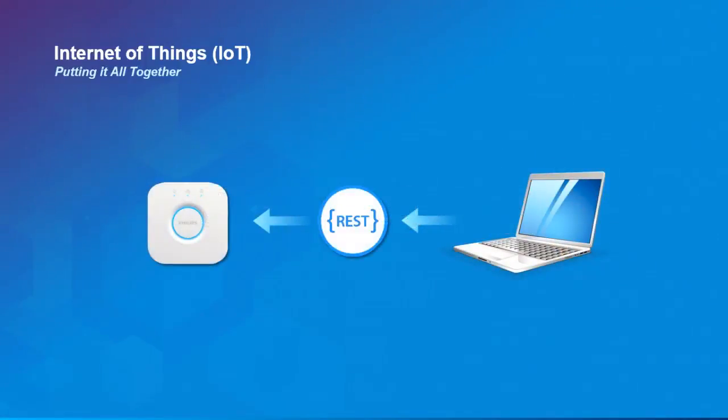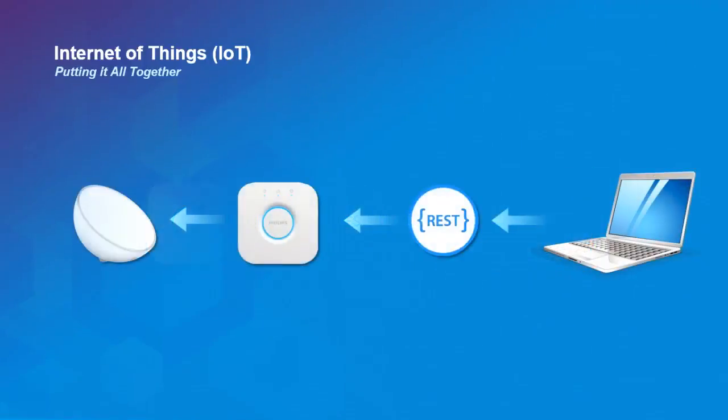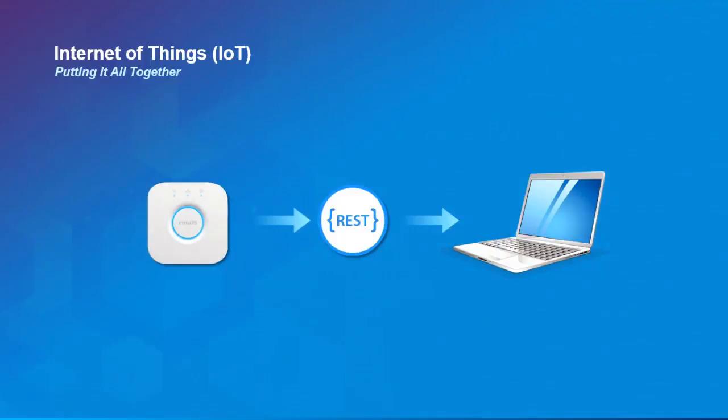And what we saw with the earlier demos is that we're able to send a message from GeoEvent running on our laptops, send it out to that REST endpoint that the bridge provides, and we're able to change those colors. Again, just like we did red to green. What we did in that last demo to make things a little more interesting is we're able to actually send a GET request to that bridge. So we're able to get the current state of the light at any time. So that's how, when I was able to change the color of the light, we were able to query that bridge and find out what those values were.